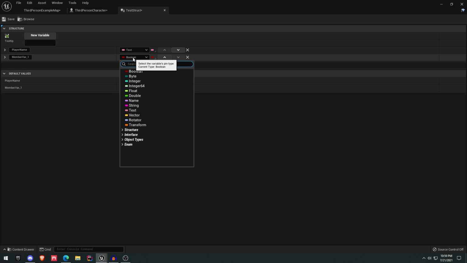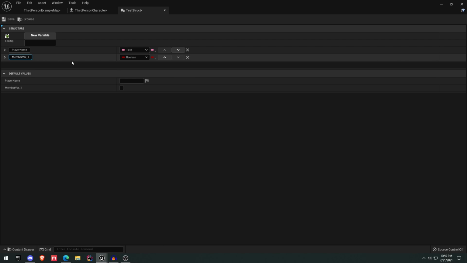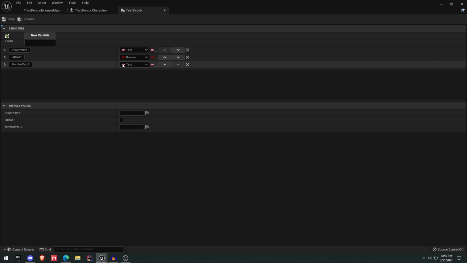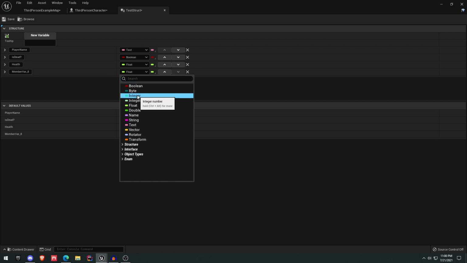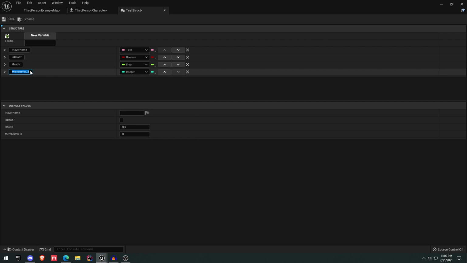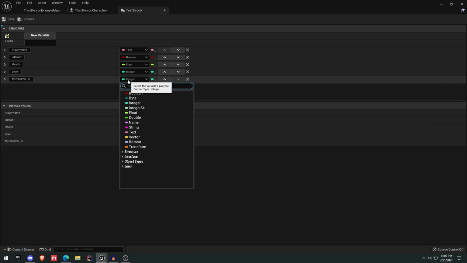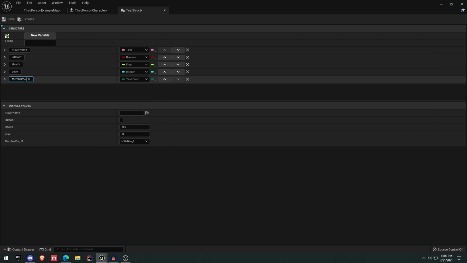So this next one, we can leave it as a Boolean. We put something like is dead. Create a new variable. Maybe we want to create it as a float and name this health. And then we'll add another variable, change this to type integer, and change the name to level. And then finally, one more variable, we can change this to the type of our test enum. And we can change the variable name to